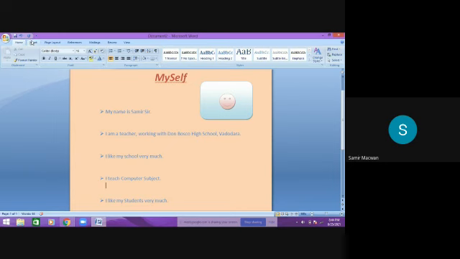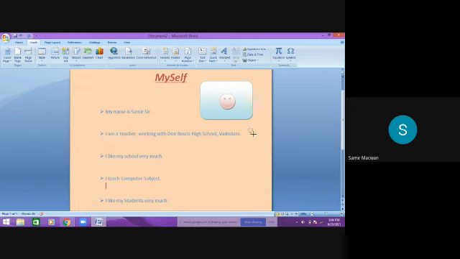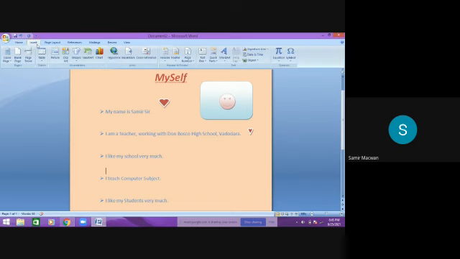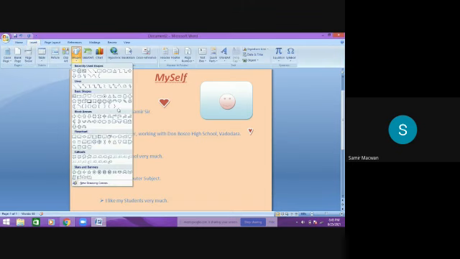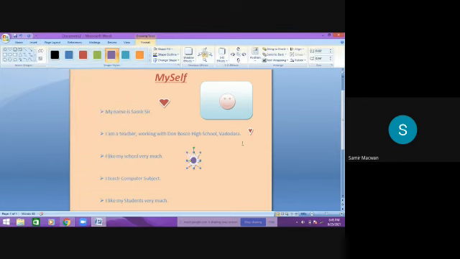Now what? Go to insert, go to shapes, take this heart, drag here, give color. Another shape, or say another star, as you wish. Insert, shapes, drag, color change.